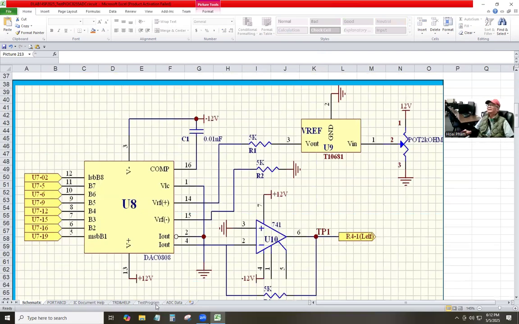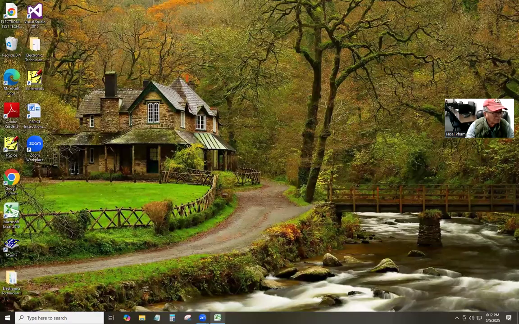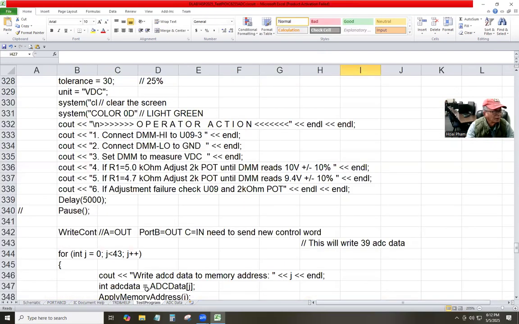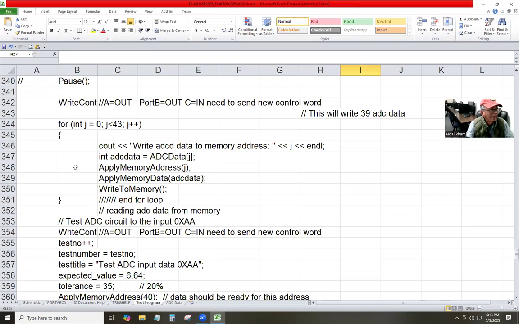Adjust U9 pin 3 for 10 volt. That's what they're talking about here. U9 pin 3, 10 volt. And now this one,